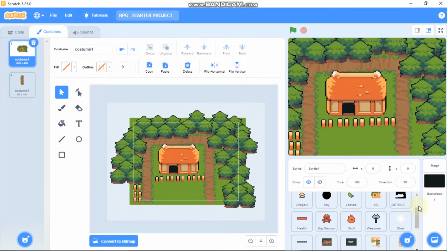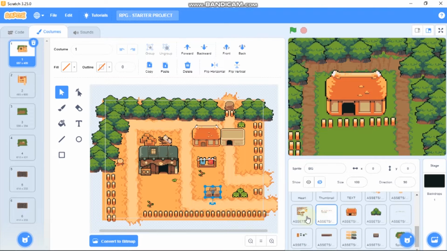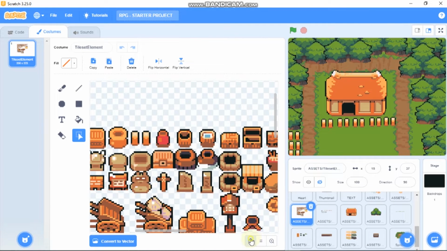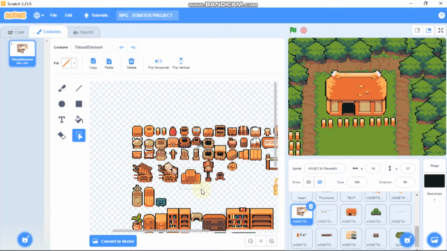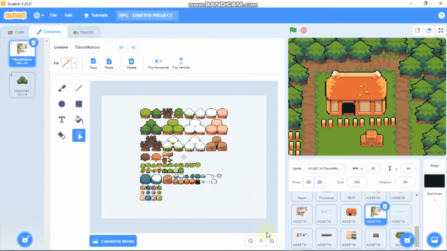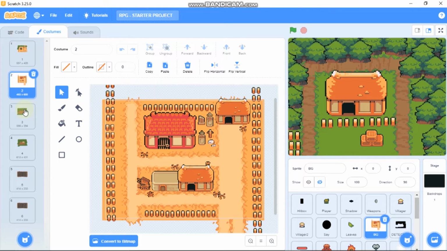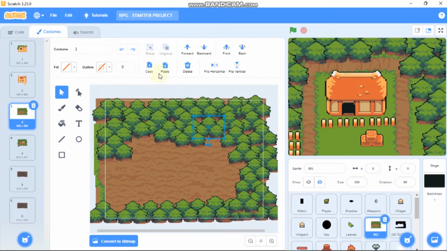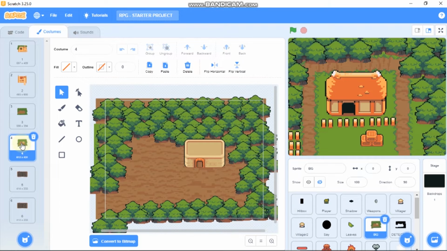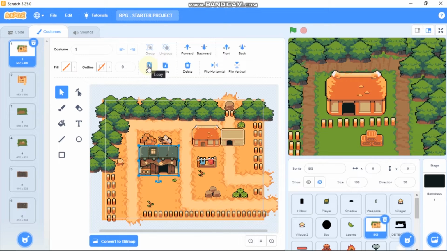And the next thing is all the objects and decorative items. You can see we got a cart, some boxes, a tree trunk, and all of these can be found on the elements. You can see we got a lot of elements which you could use. Select the box and paste it. And you could find all the tree trunks and the rocks in the tileset nature sprite. So that's how I created all of these costumes, and you could just copy and paste it and create your own. So it's just really easy. You don't need to select and remove unwanted parts. I have already made some of these, so you could just easily copy and paste it.